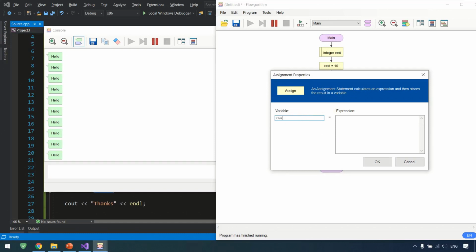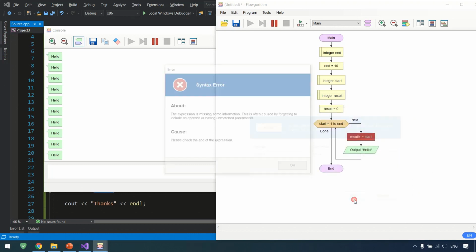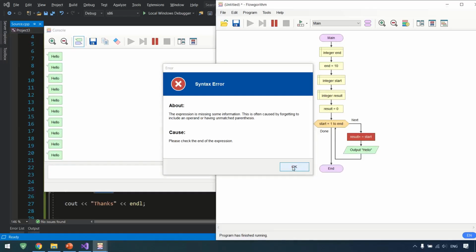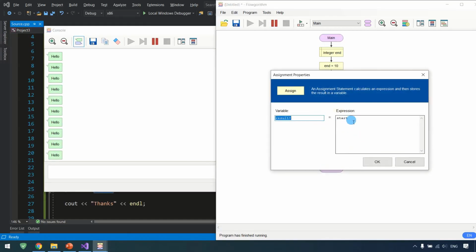Result plus equals start. I don't know if it's accepting it. It is not accepting it. Result equals